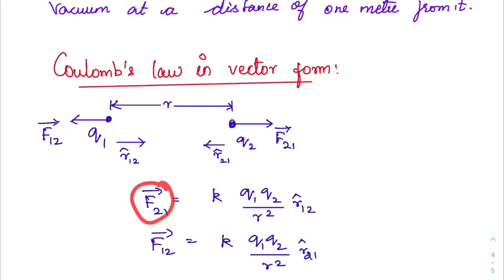You can see here, this is given with respect to 2, 1, and the displacement is with respect to 1, 2. Why? Because as this charge moves, the displacement with respect to Q2 is going to vary. That is why they are giving it as R12. Likewise, if this charge is going to move, then the displacement is going to be with respect to Q1. So there is an opposite notation of the displacement with respect to their forces.